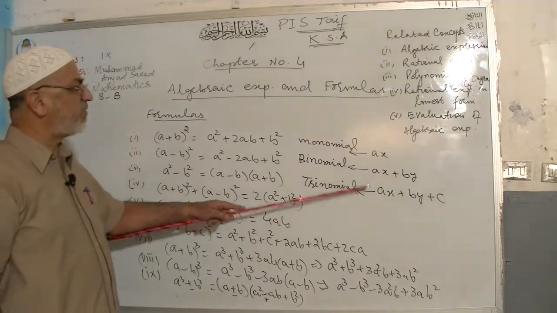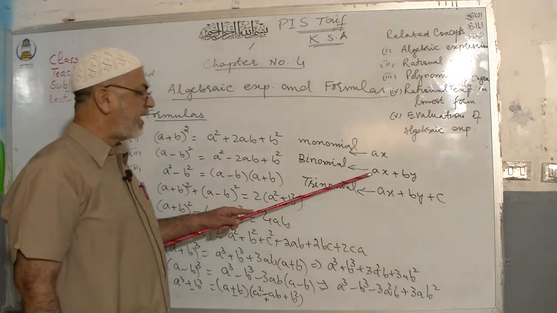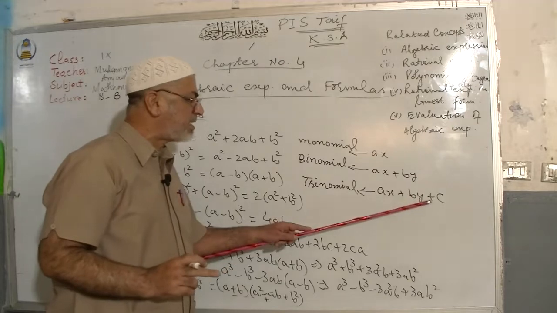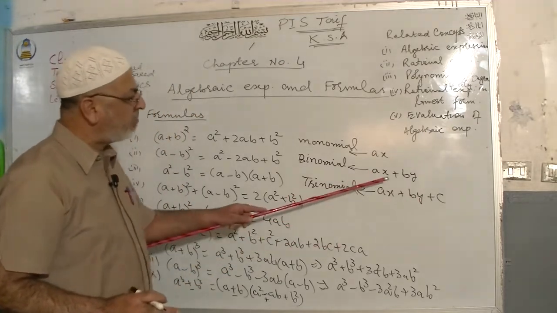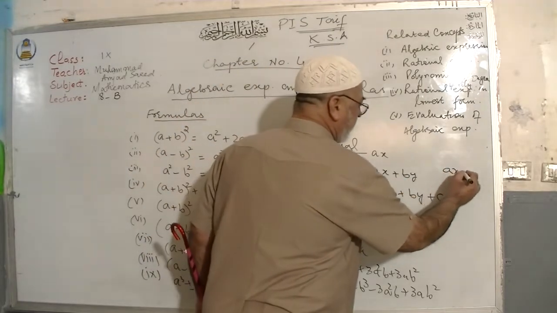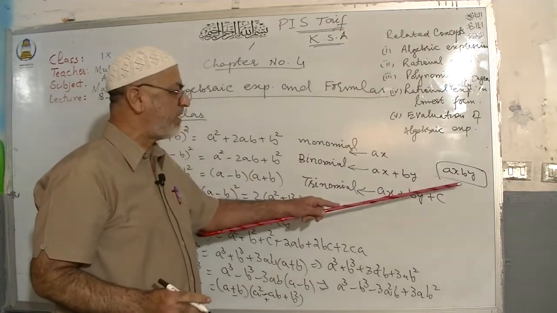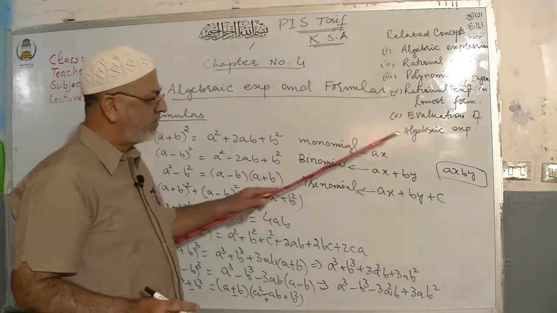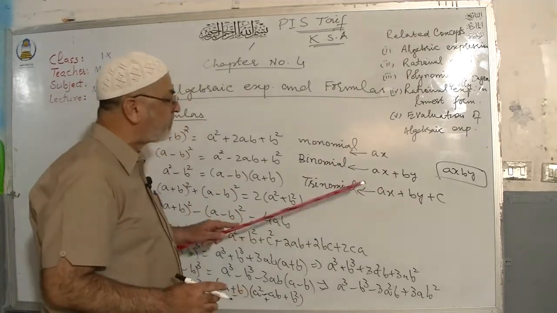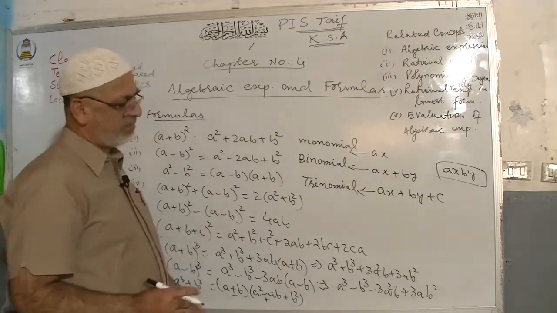So in terms of terms, this is monomial containing one term. This is binomial containing two terms, and remember the terms are decided with the help of plus and minus sign. In case of multiplication, the term will remain the same. For example, if you say ax by, it has only one term because there is a multiplication sign between them. So it is monomial. But positive and negative signs will decide the number of terms. So here 2 terms, so binomial, 3 terms, trinomial.